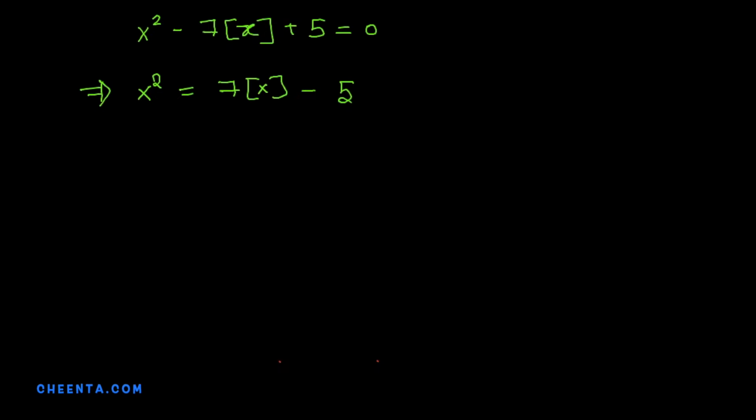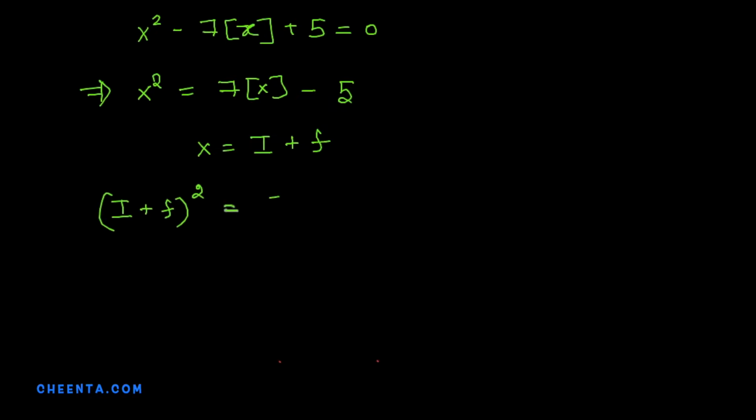Okay, so we have this x squared equal to 7 times the integer part of x minus 5, and we want to find out all such x that works. We split up x into I plus f. I is the integer part and f is the fractional part,